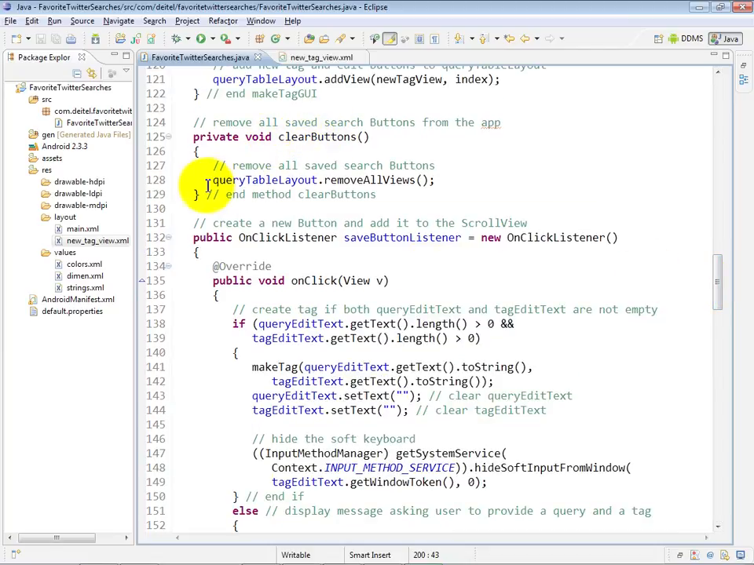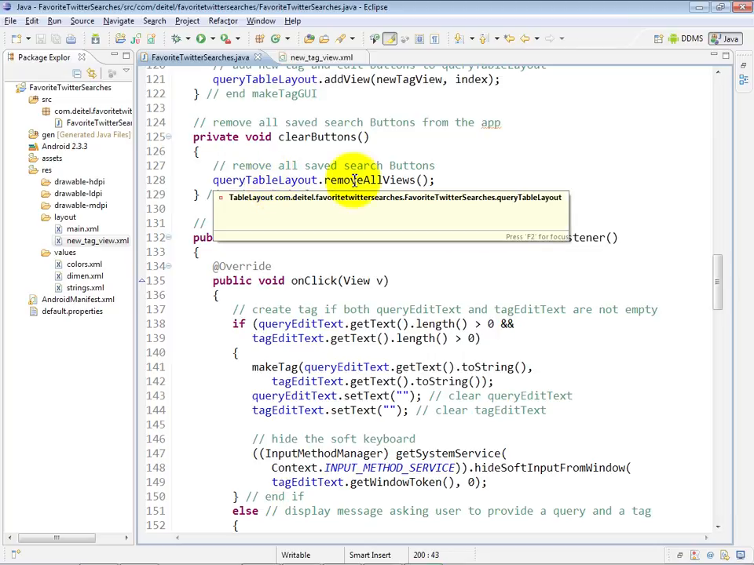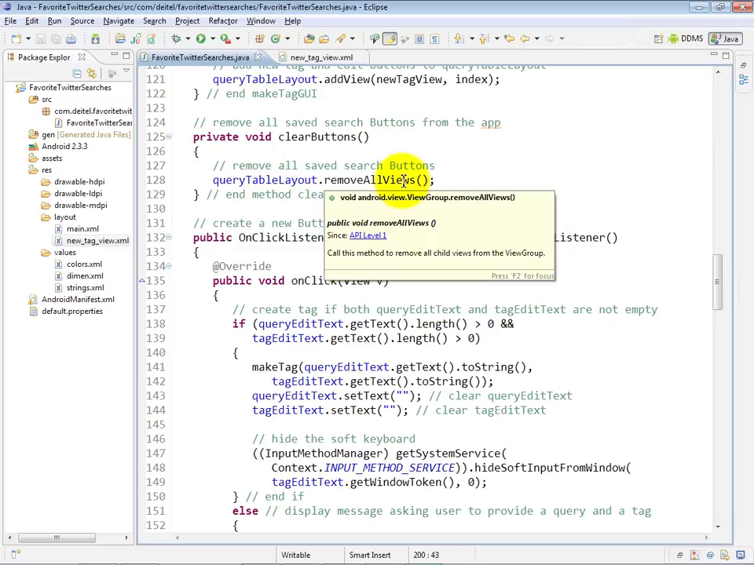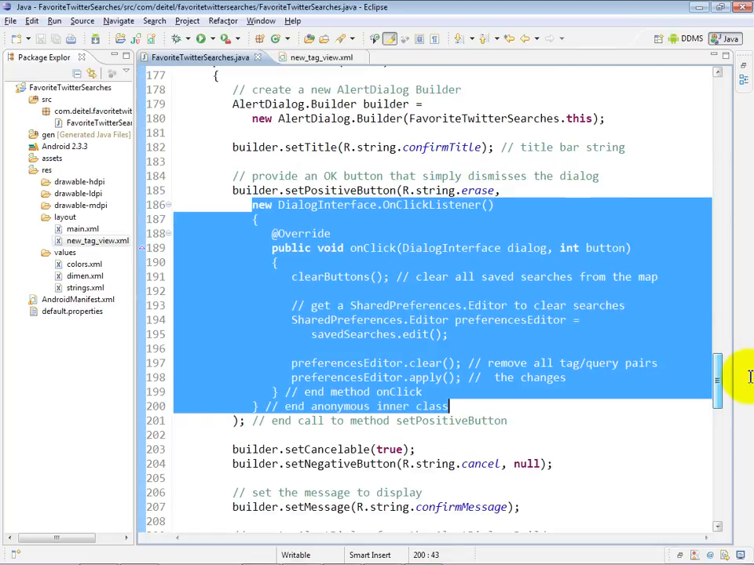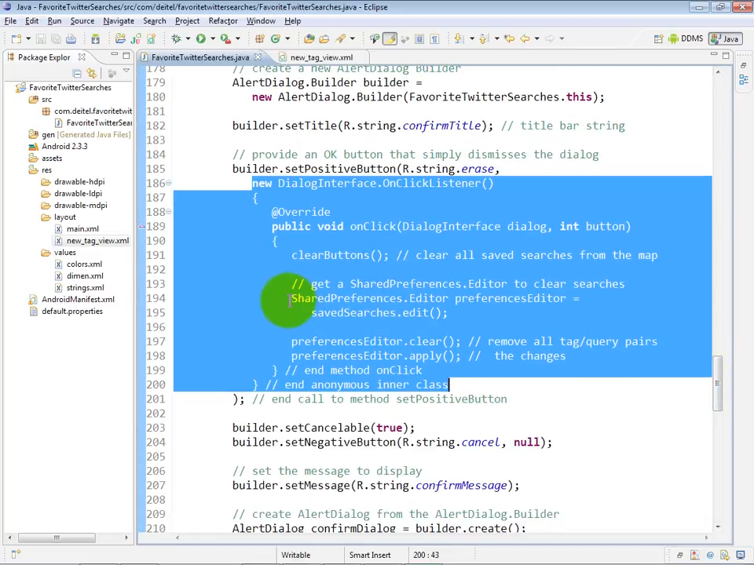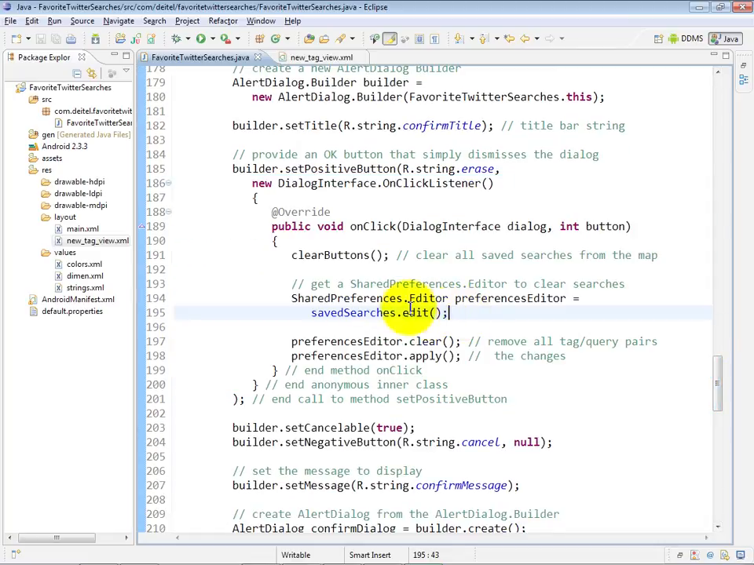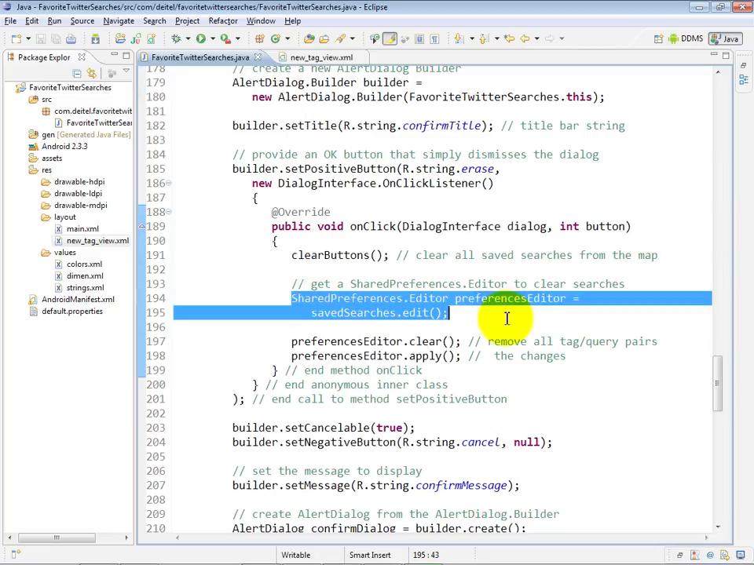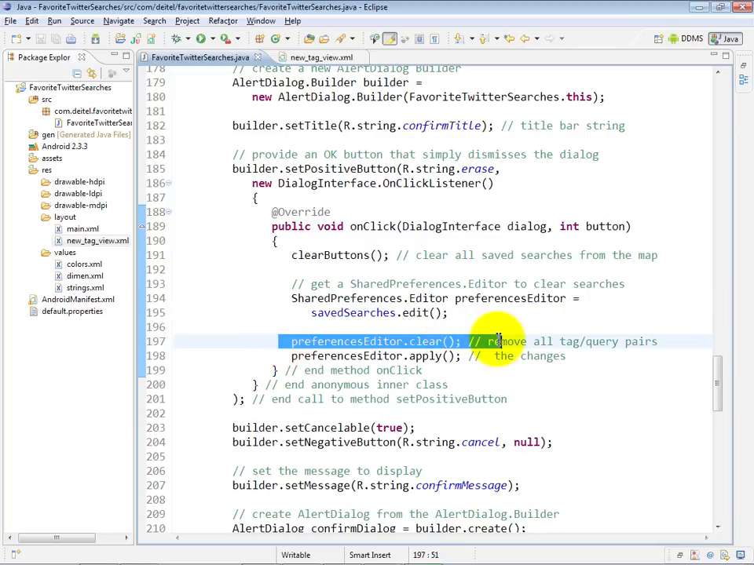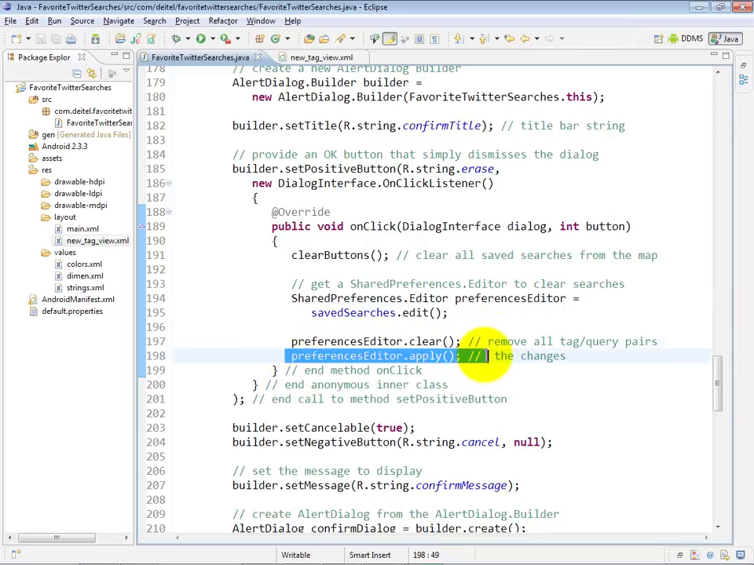Here you can see clearButtons is simply going to go to the queryTableLayout and remove all of the views. So in the queryTableLayout, which is our scrollable table layout in the middle of the app, we want to get rid of all the buttons if the user really says to clear all the searches. So going back down here now, we'll clear the buttons first, then we'll get a shared preferences editor object to allow us to modify the contents of the shared preferences file. We will clear the shared preferences and we will apply the change, which now erases the contents of that file